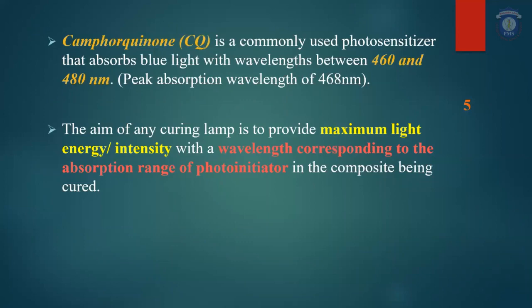Camphoroquinone, as I just mentioned, is the most commonly used photosensitizer that absorbs blue light with wavelength ranging between 460 to 480 nanometer. The aim of any curing lamp is to provide the maximum light energy or intensity with a wavelength corresponding to the absorption range of a photoinitiator in the composite being cured. So, camphoroquinone being the most commonly used photosensitizer, its maximum absorption range is 460 to 480 nanometer. So any light curing lamp which provides maximum light intensity at that particular wavelength range will be very effective